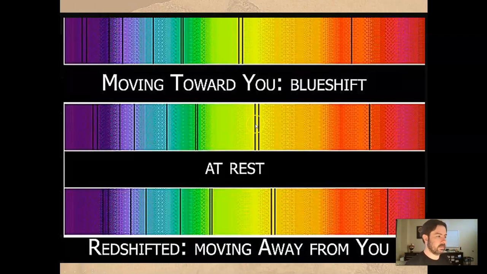Again, at rest, some particular molecule or element has this absorption line spectrum. Again, if it's moving away from you, all of those are shifted more towards the red. If it's moving towards you, all of that is shifting towards the blue. Not that it will all of a sudden appear blue or red, it's just that these lines are shifted one way or the other. We don't really see too much of a difference visually, but we can see it where these lines are located.